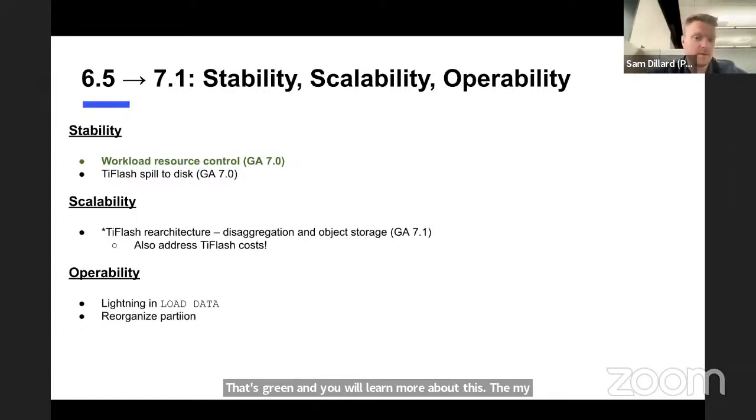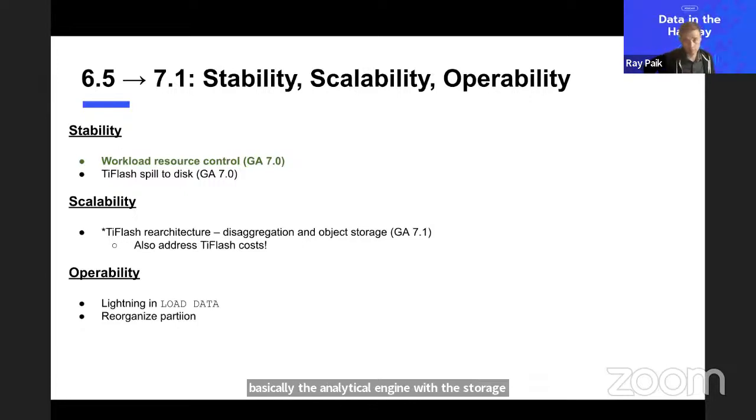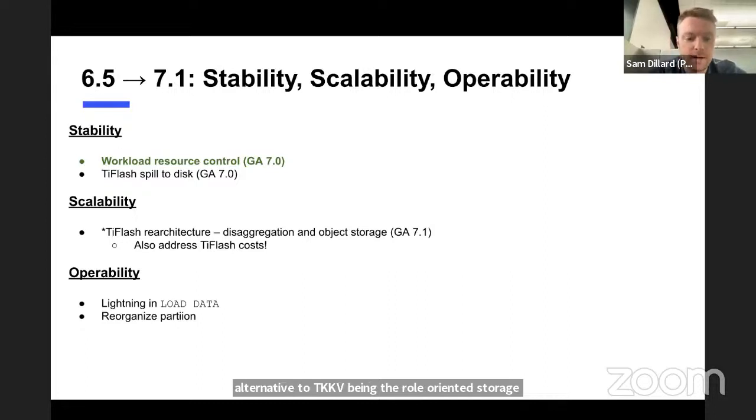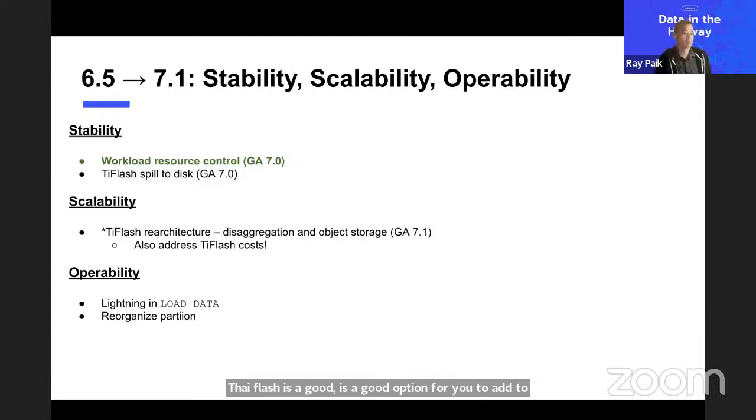My favorite feature of the release. TiFlash, if you're not familiar, is basically the analytical engine. It's the storage alternative to TiKV, TiKV being the row-oriented storage, TiFlash being the columnar-oriented storage. So if you're doing any kind of full table scans, or scans that don't require an index, or you're doing any kind of analytical queries against your raw system of record data, TiFlash is a good option for you to add to your storage, and that engine added